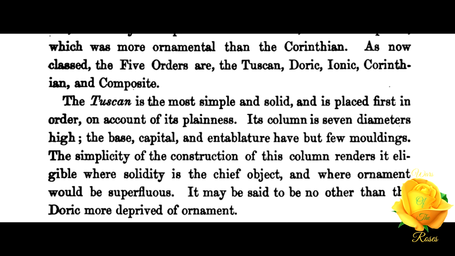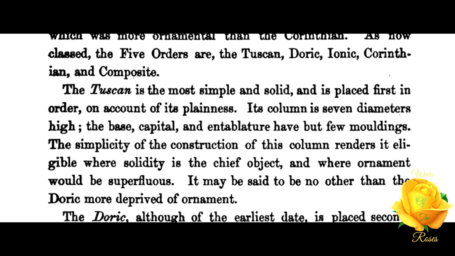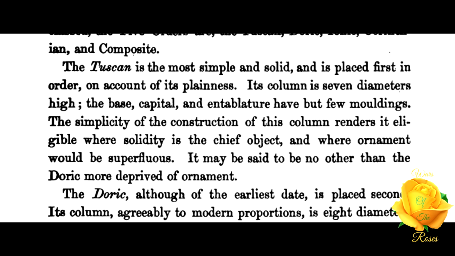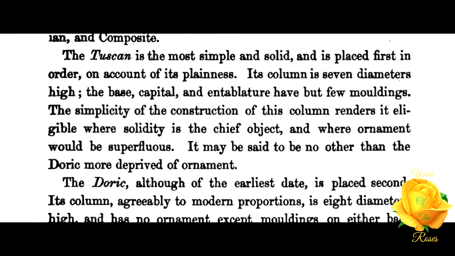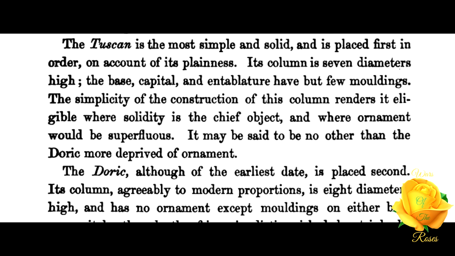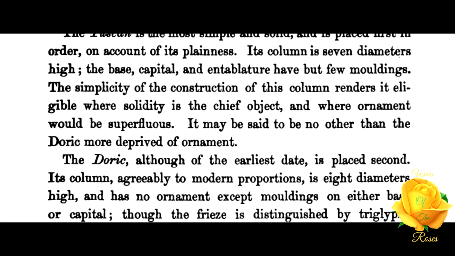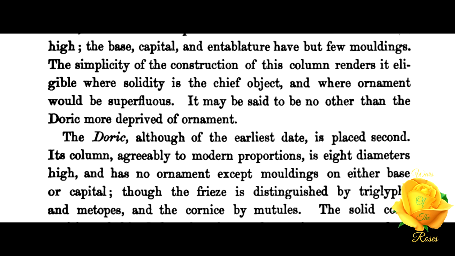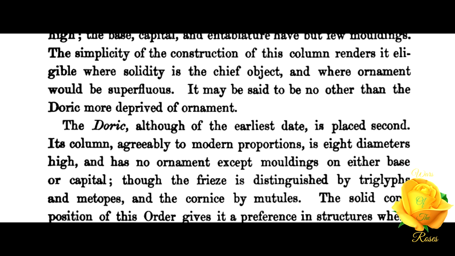The Tuscan is the most simple and solid and is placed first in order on account of its plainness. Its column is 7 diameters high. The base, capital, and entablature have but few moldings. The simplicity of the construction of this column renders it eligible where solidity is the chief object, and where ornament would be superfluous. It may be said to be no other than the Doric, more